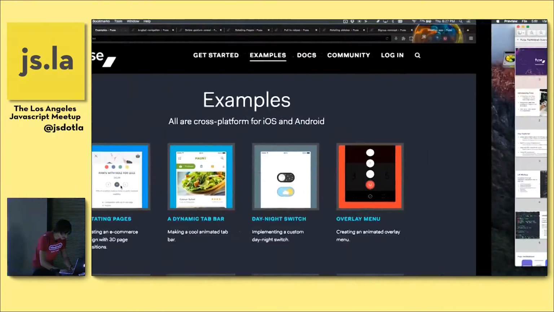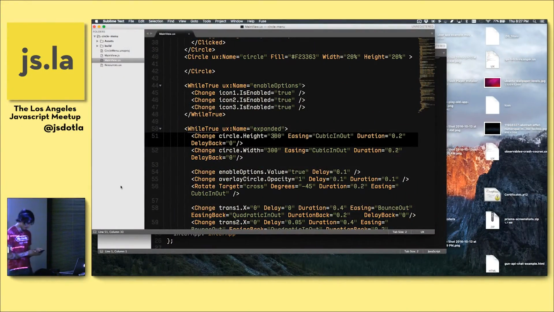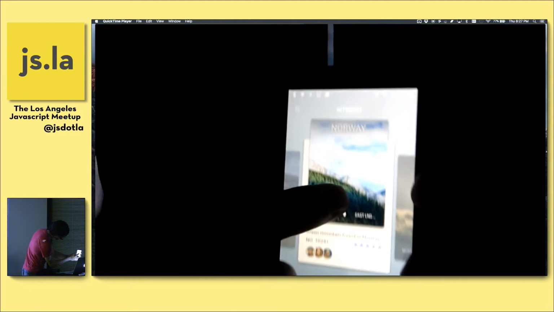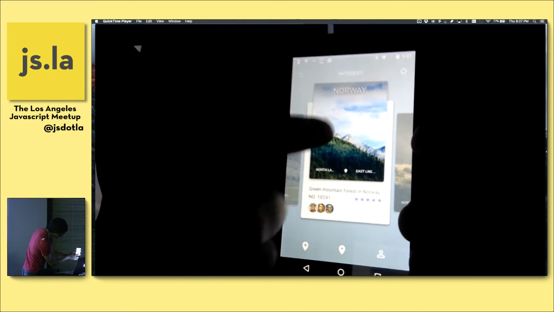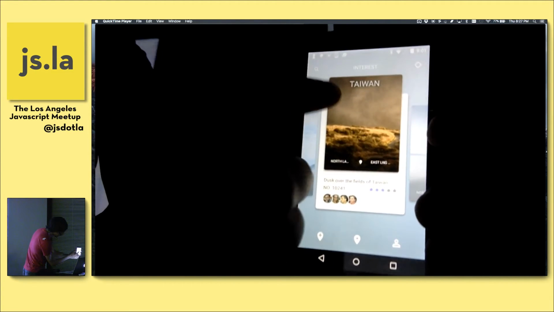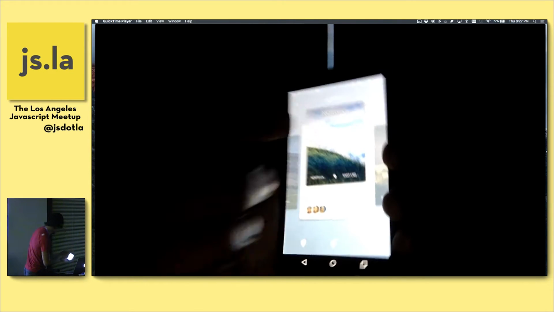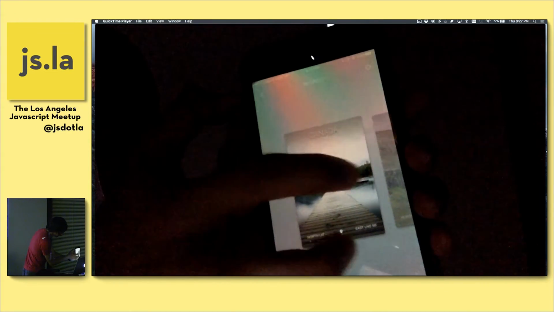And there's a lot more of these I can go through really quick. Actually, I'm just going to step through them in the apps. So next one is this swipe gesture one. It's on the Android device. You can select between these different places, and you can swipe between them. I don't know if it's showing up there, but the animation is like 60 frames per second. It's extremely smooth, extremely fast. Same thing on this iPhone. Okay, since these all look the same, I'm just going to show one of them to get through this a little quicker. Don't have a lot of time.